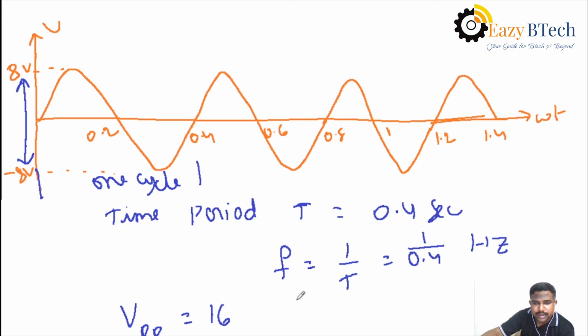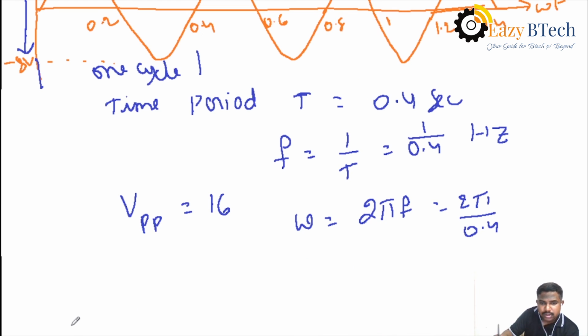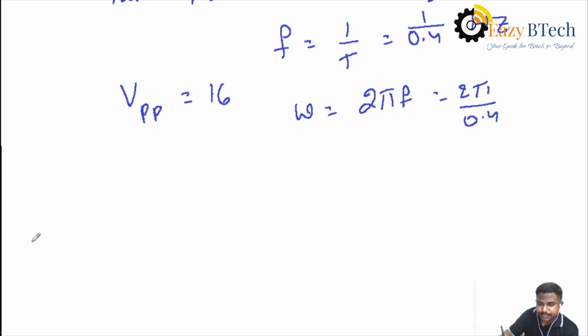Okay. Then similarly, after finding the frequency f, you have to find out omega, that is angular frequency, which is 2 pi f. Then 2 pi into f, which is nothing but 1 by 0.4. Like that, you have to calculate the value of angular frequency. Then suppose what is the instantaneous value at 0.3? That is, you have to calculate the instantaneous value